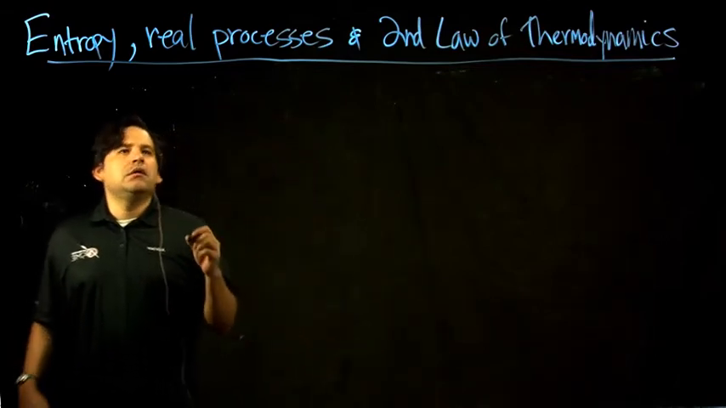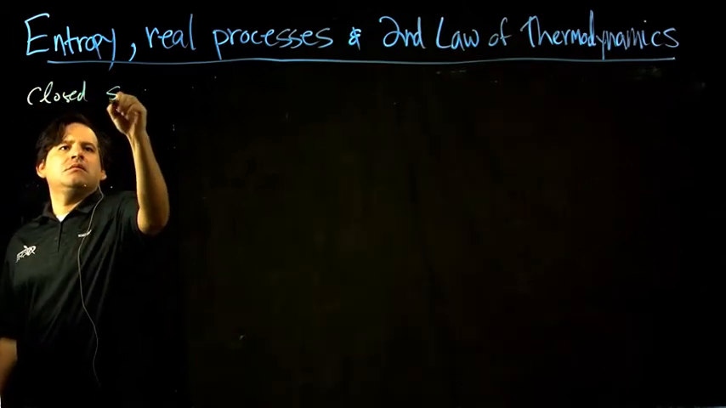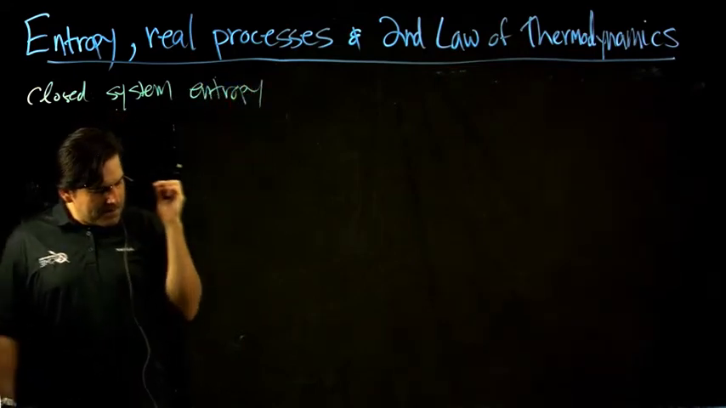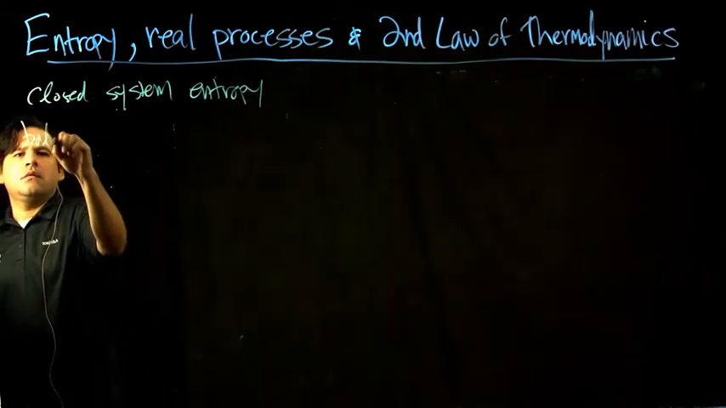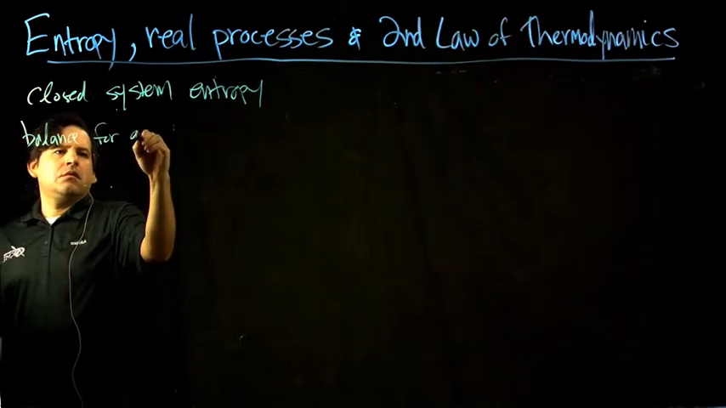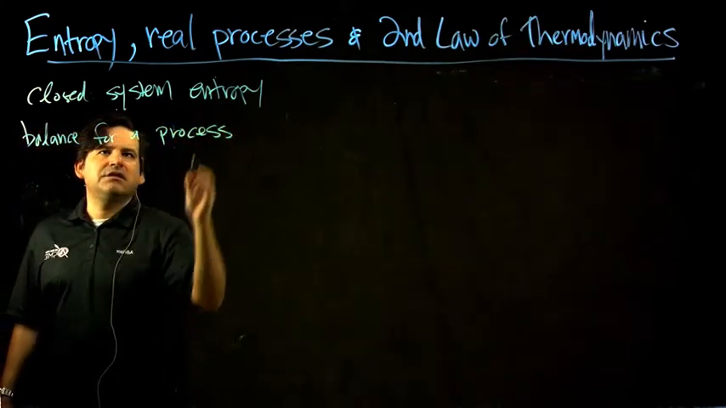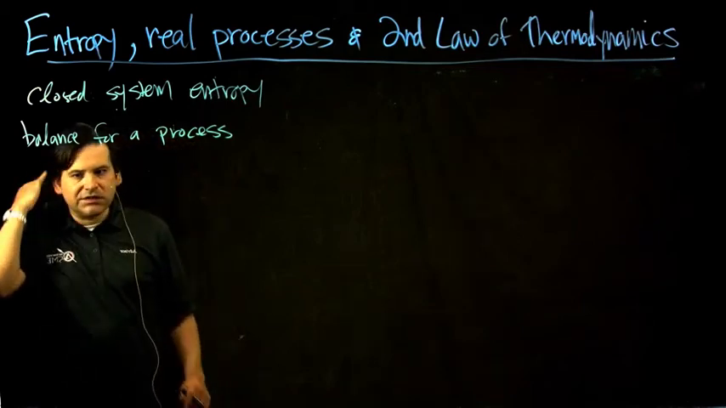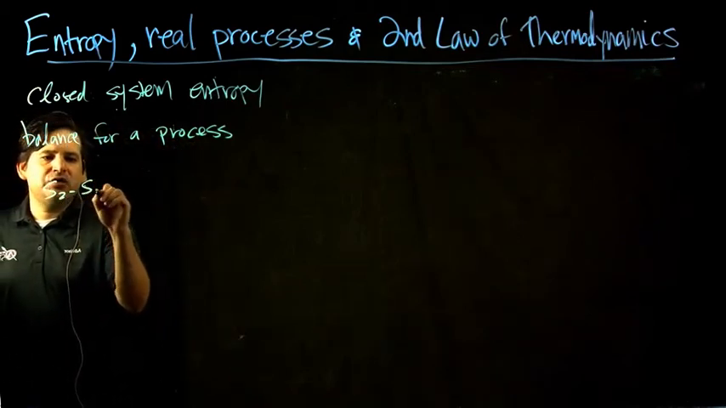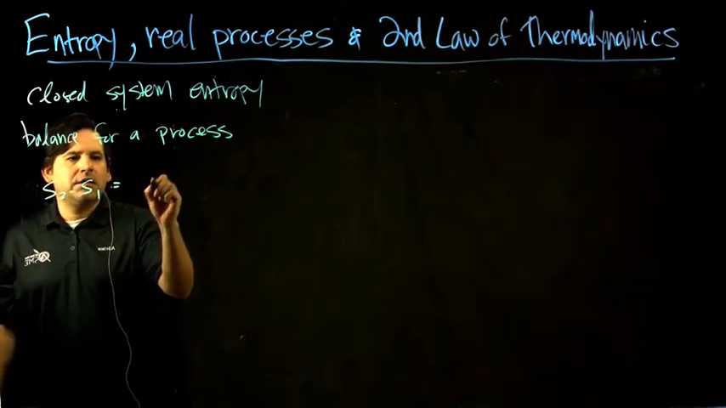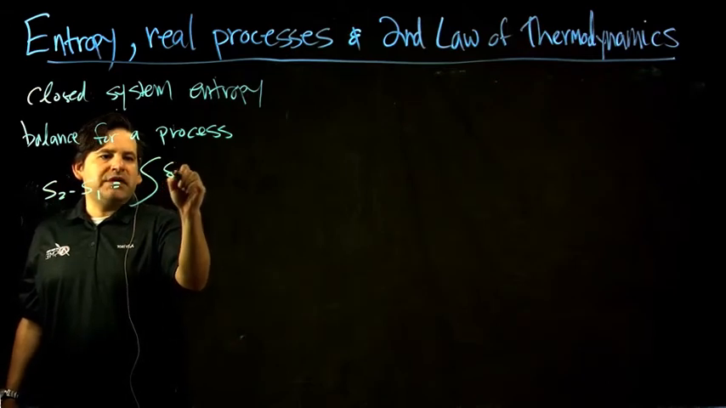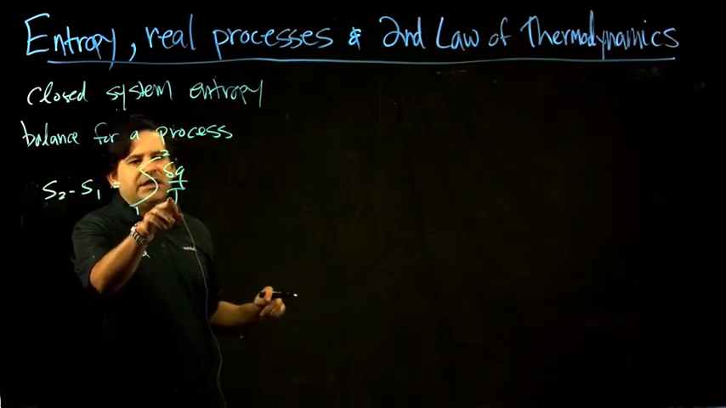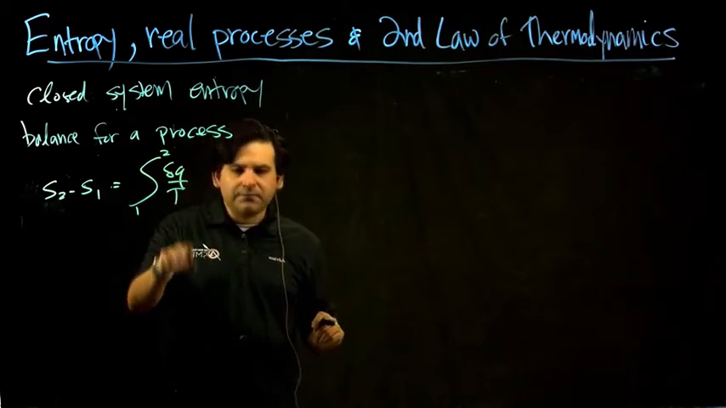So, closed system entropy balance during a process and a system. So the system is undergoing a change of state due to a process. And if you have a closed system, you can write that the entropy change is due to some heat transfer, and you integrate that over state 1 to state 2. It's a heat transfer at a given temperature at the boundary, plus,